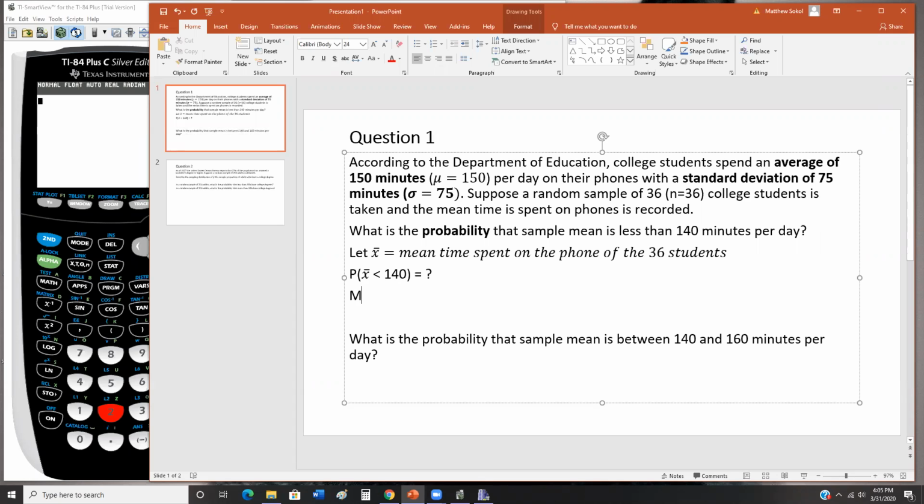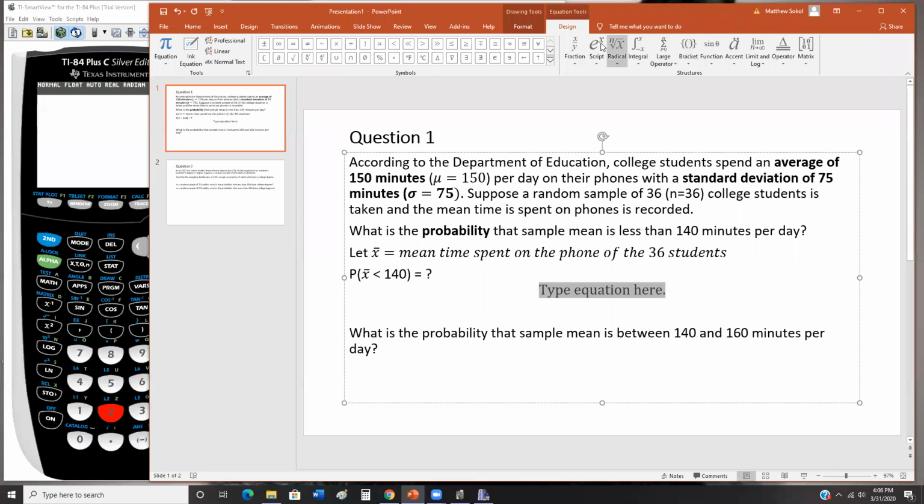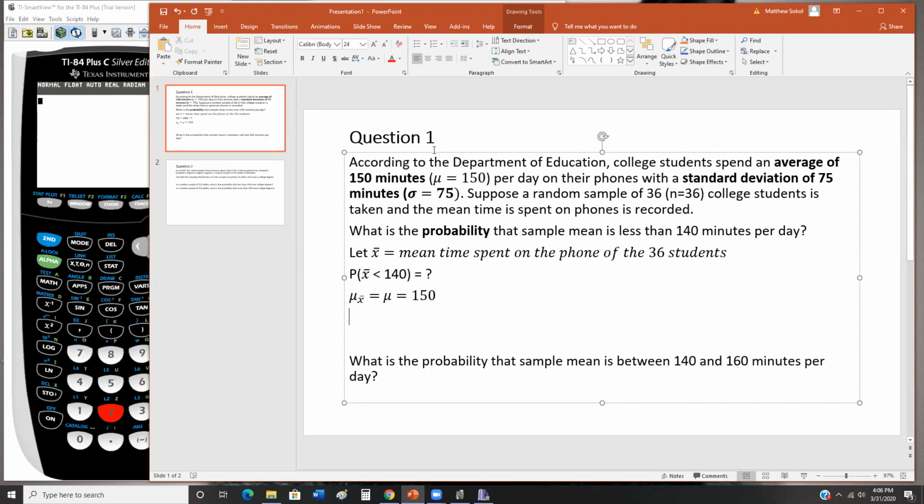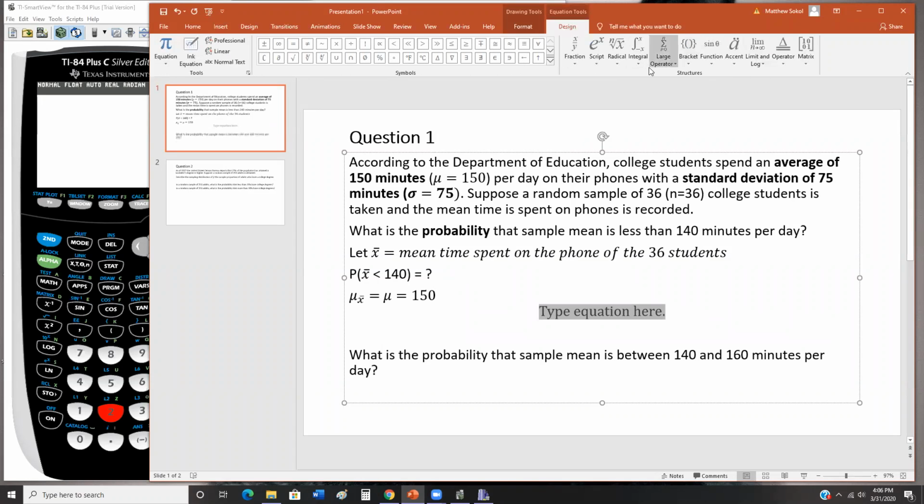So the mean, the average here, mu sub x bar, is just going to be equal to whatever the population mean was. So it's going to be equal to 150. And then the other one we had was you need to find the standard deviation,